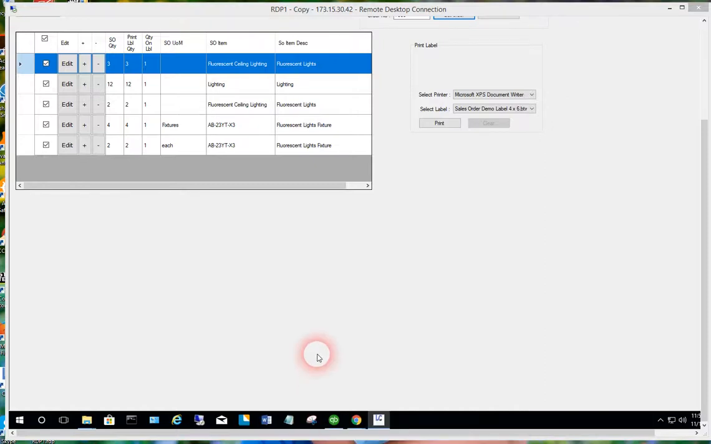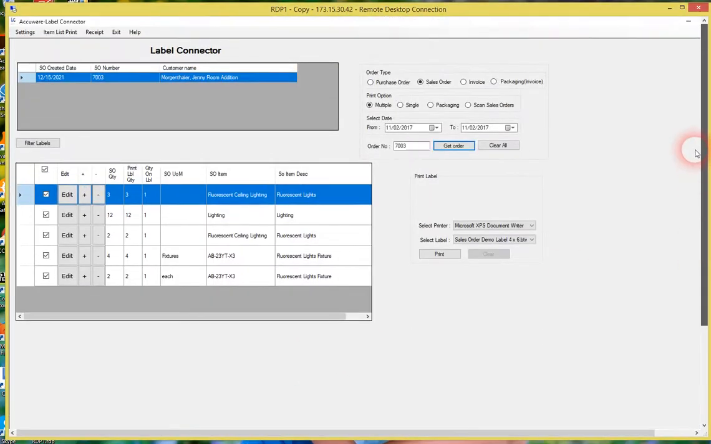Okay, so this is just a quick video to show you what would happen in a sales order with Label Connector from AccuWare, and this same sort of workflow would be true if we used purchase orders, sales orders, invoices. If you query an order and it's got multiple items on there, what this would do is generate, in this case, 5 print jobs to the printer that would all just come out one after the other,